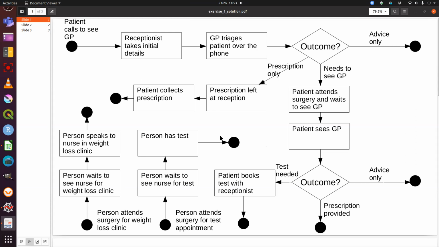And that's quite an important part of building the trust, and it's showing you're acknowledging all these complexities that may not be relevant, but it's an important part of the process. So I'm not going to go through all this, but you can see I've captured the patient calling to see the GP. Receptionist takes those details, and then the GP will triage them,